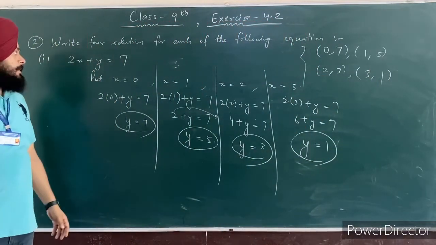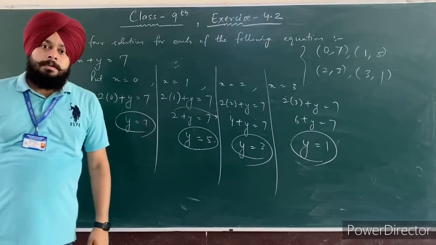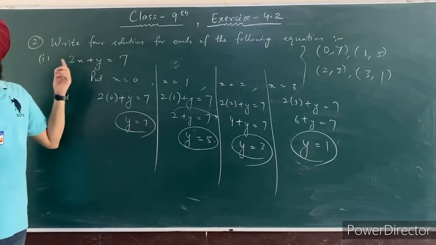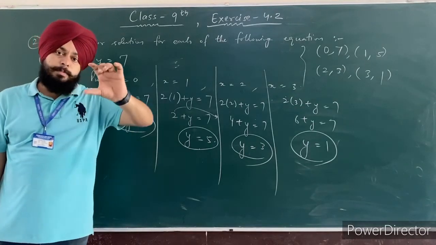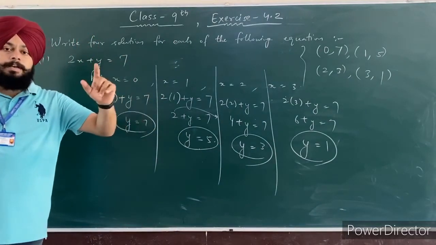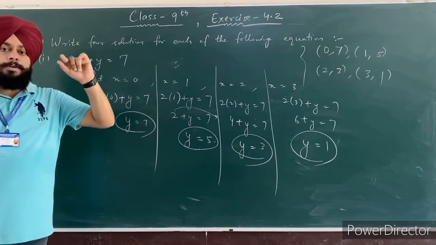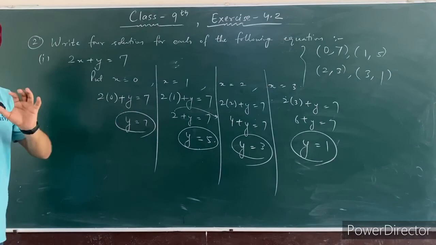Okay students. Now the second and third parts of question number 2 are your homework. In the second question there is pi. ठीक है, तुसी pi की वैल्यू पुट नहीं करनी, solution में pi ही रखोगे. Clear? Product answer pi में ही होगा. You don't need to put the value of pi, which is 22/7 or 3.14. You don't need to put it. Clear? Your answer is in pi.